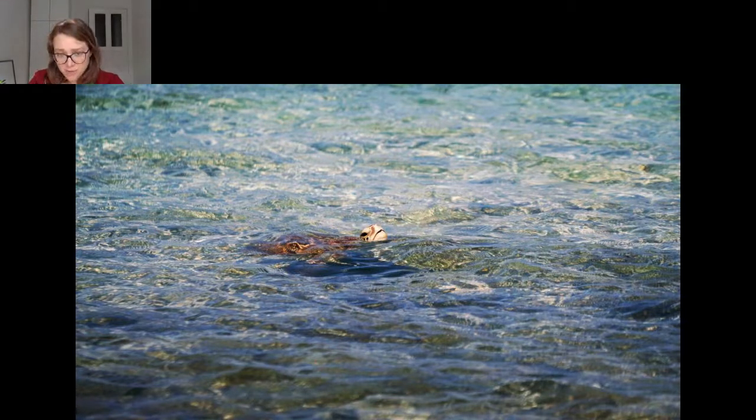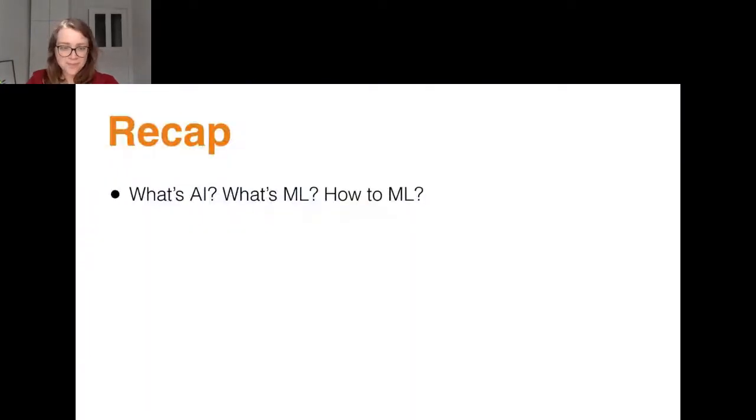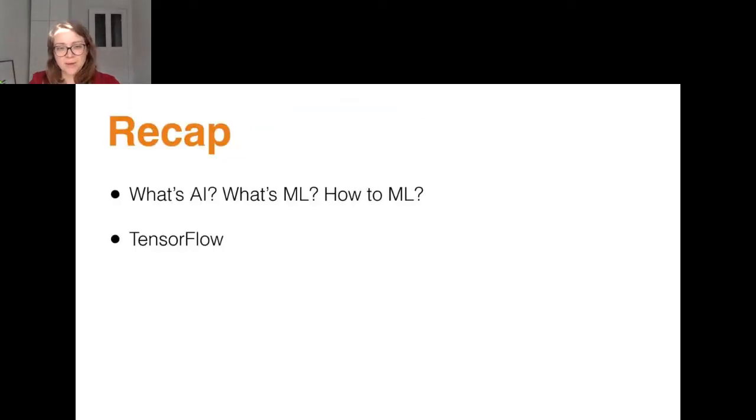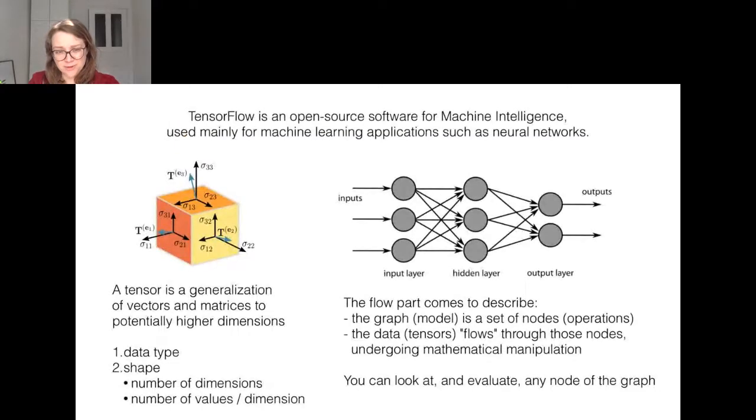Quick recap of what we saw today, so you can remember to ask questions about it. We saw what is AI, what is ML, and how to ML, and we saw this slide that kind of summarized this nicely. We saw generally what is TensorFlow and why is it called TensorFlow.